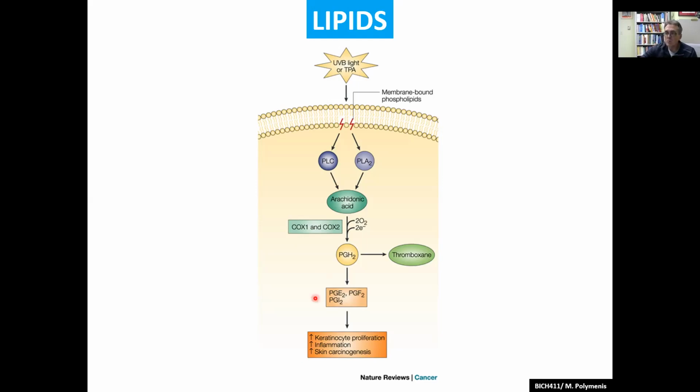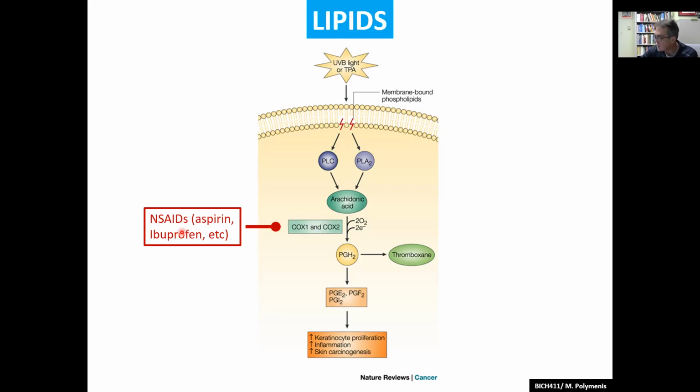So if you block formation of prostaglandins from phospholipid breakdown, and this is not synthesis of phospholipids, this is actually breakdown of phospholipids. When they're broken down, it gives rise to these molecules, prostaglandins, which then regulate a whole variety of downstream events, such as inflammation. And this is arachidonic acid, a phospholipid breakdown product, which gets processed by the enzymes cyclooxygenases COX-1 and COX-2, which happen to be inhibited by aspirin and other non-steroidal anti-inflammatories, such as ibuprofen, Advil, and so on.